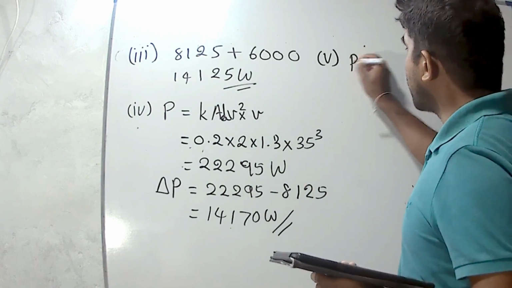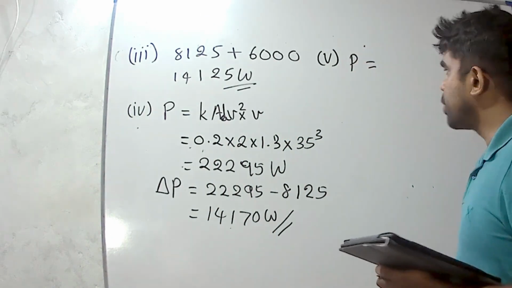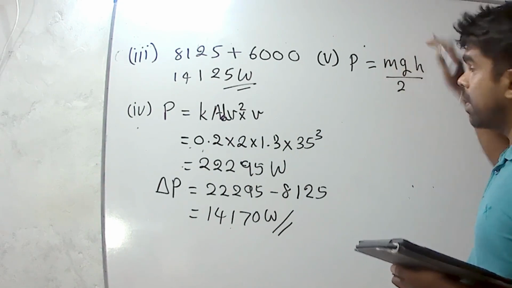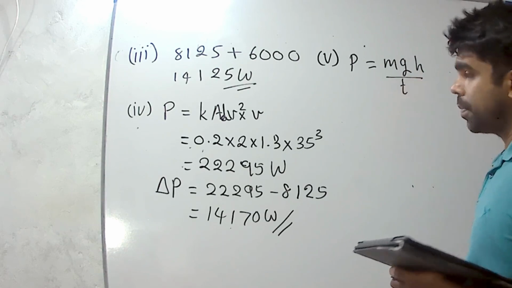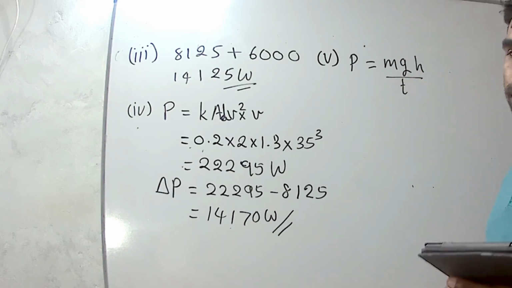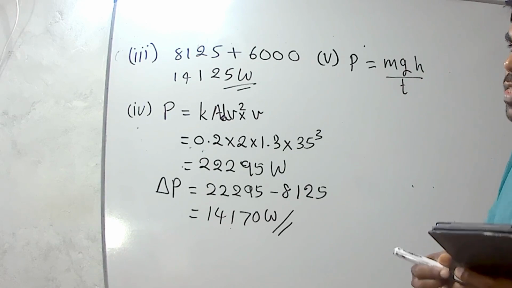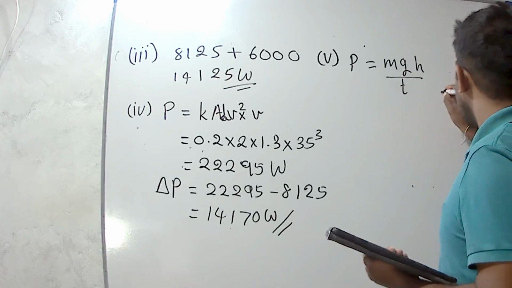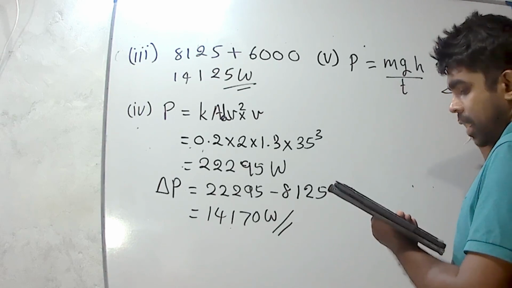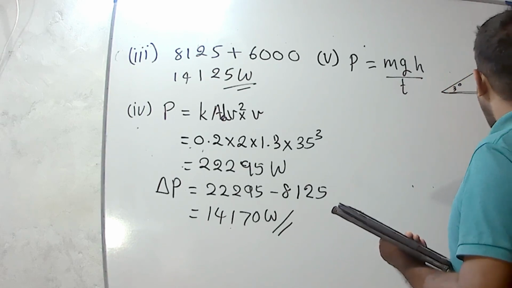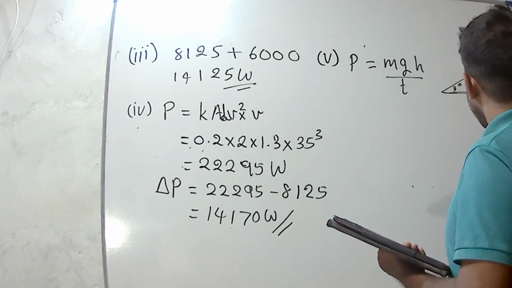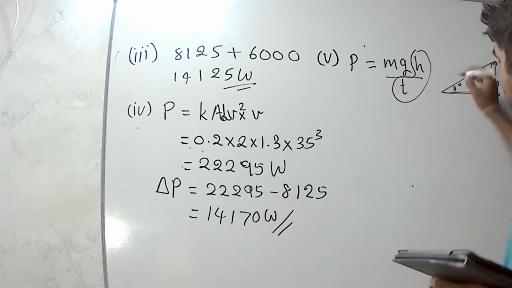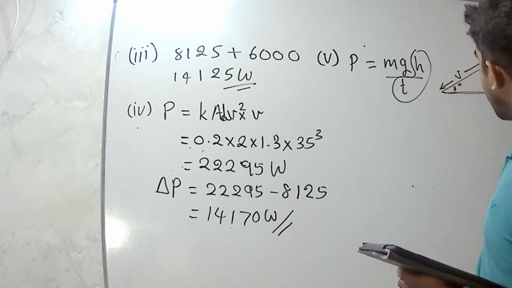Therefore, we can get the new power, which should be mgh divided by t. It is the additional power: mgh divided by time, the additional power required to do work against the potential energy. Now, they have given the angle is 3 degrees. We have to find this height for 1 second. Height for 1 second. Therefore, we can substitute the v value